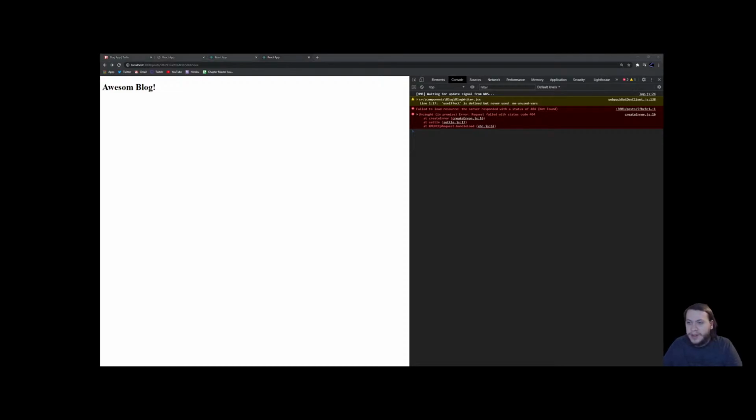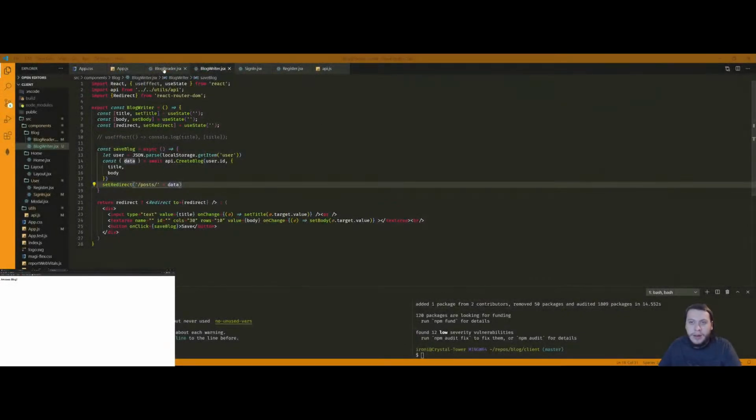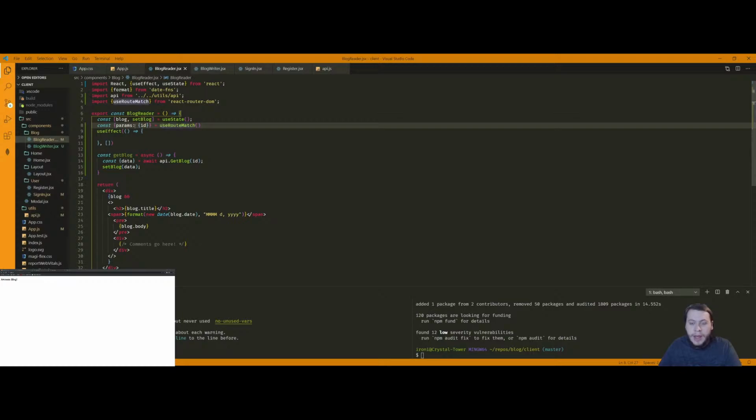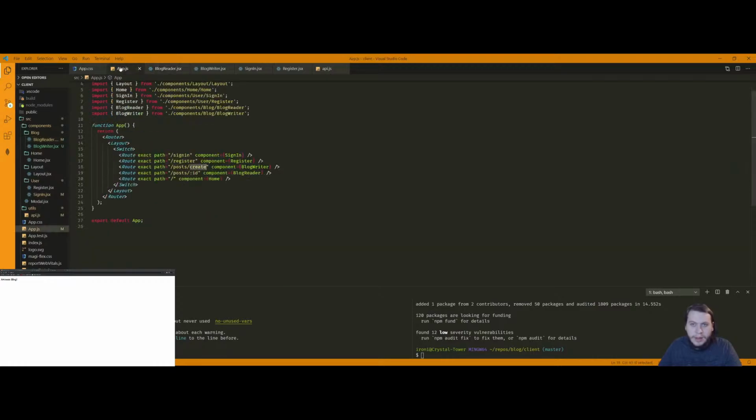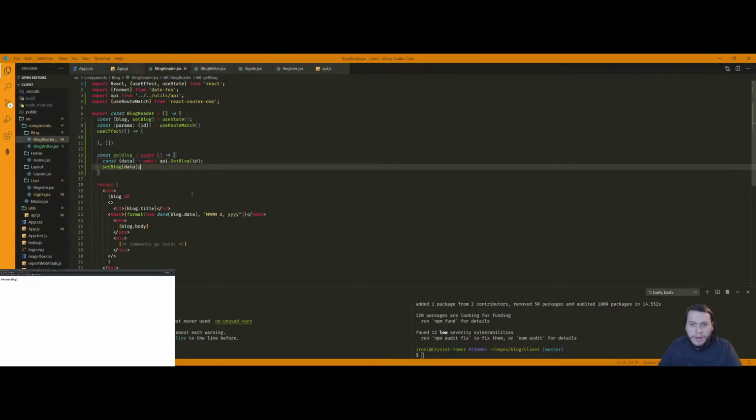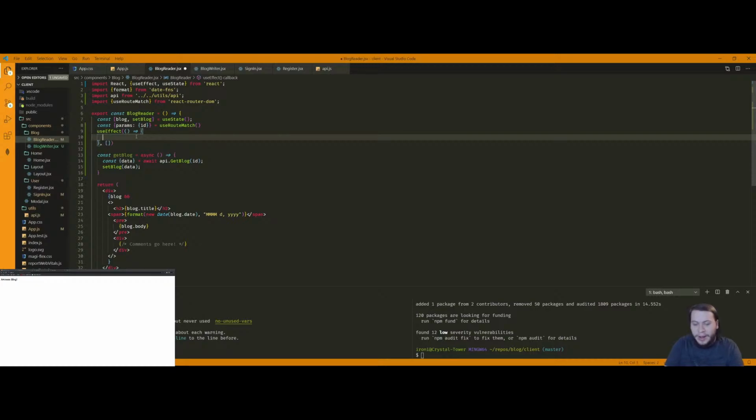Yes, there's actually a very important step that we need to take in the blog reader. So we have params.id, right? Should be there. Oh, but we're not. We're not calling it get blog. So now, as this page refreshes, we have